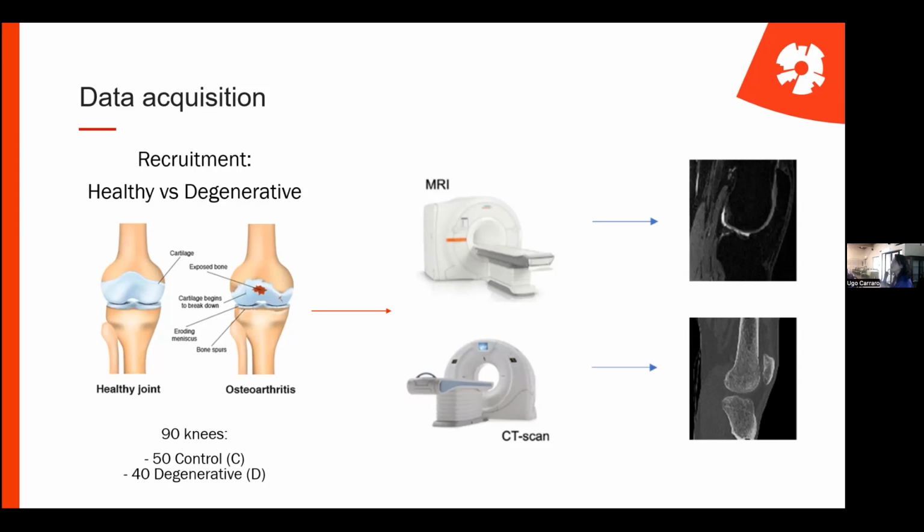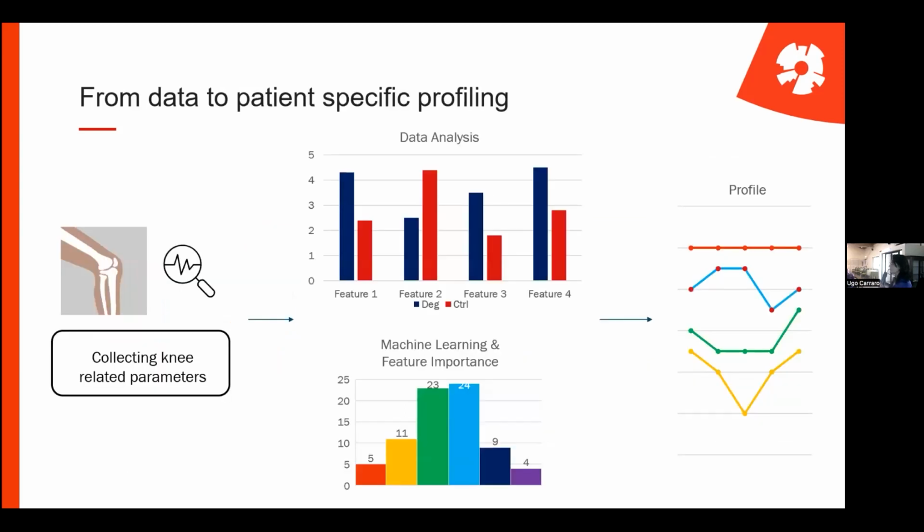The protocol was standardized for all the patients, and we obtained images, and from these images we extracted several parameters. So basically we investigated both parameters connected to the disease, such as the presence of bone spurs, osteophytes, cysts, and so on in the bones and in the cartilages, and also parameters related to the images. So we extracted geometrical, densitometrical, and morphological features, and all these features altogether are analyzed by statistical analysis and